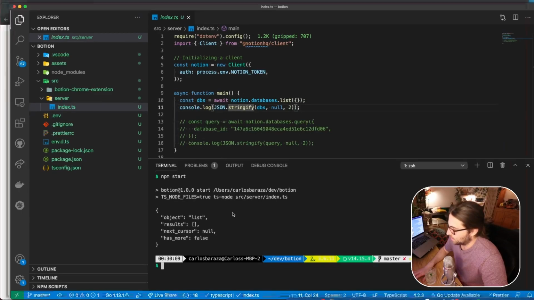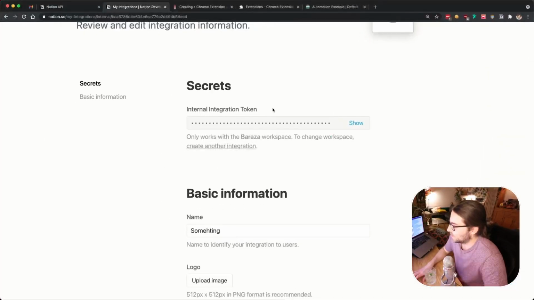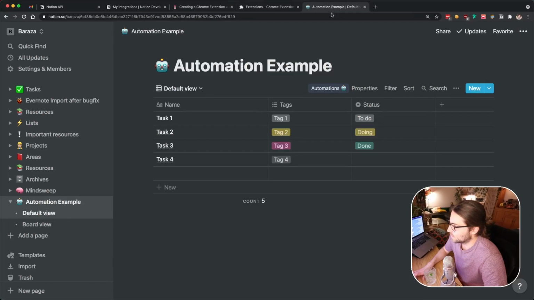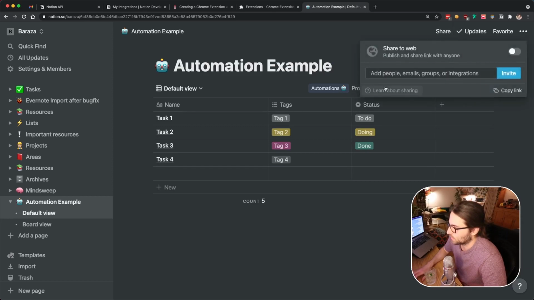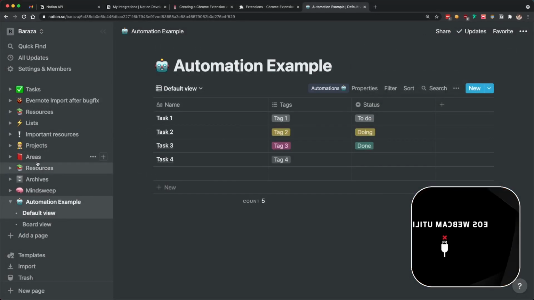And this is expected, by the way. This is expected because we need to give permissions to our bot. So for example, if I go to share and here I do add. So yeah, the way to do it is basically you go to whatever table